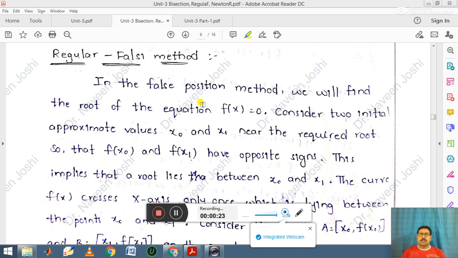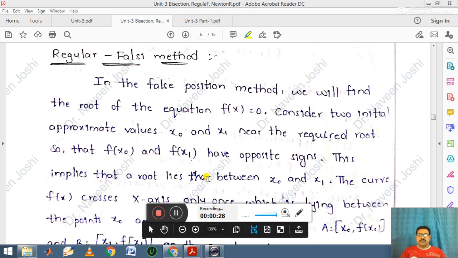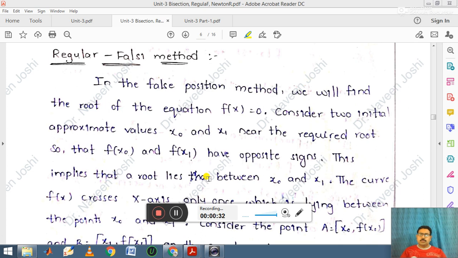Why? Because in the bisection method, the first iterative formula is x0 equals a plus b by 2. Means to find iterative values, we usually use 2 points, a and b. But in the case of the Regula-Falsi method, we use the points as well as their functional values. Then within fewer iterations, we can get more accurate values.